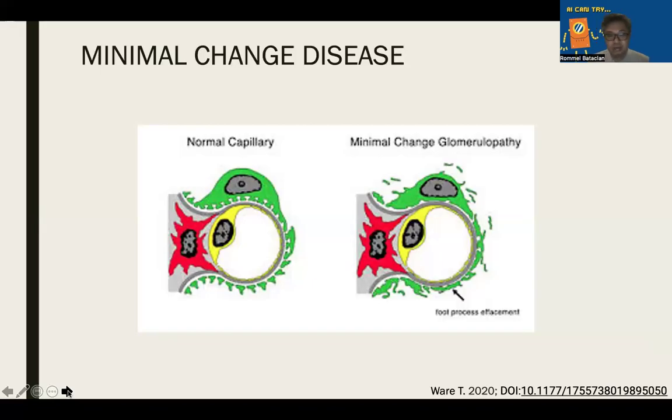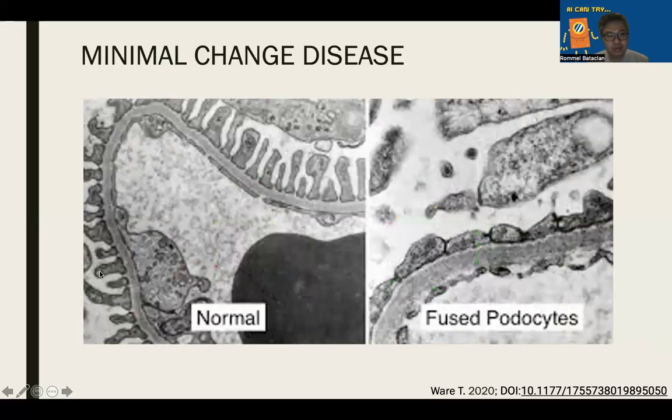But in electron microscopy, as you can see, this is the normal set of foot processes in bigger magnification. But as you can see here, the podocytes have effaced and fused. Because of that, the selective barrier is compromised. Therefore, it allows albuminuria, or the excretion of albumin in the urine. So that's the common manifestation. Minimal change disease is the classical GN that presents with nephrotic syndrome.